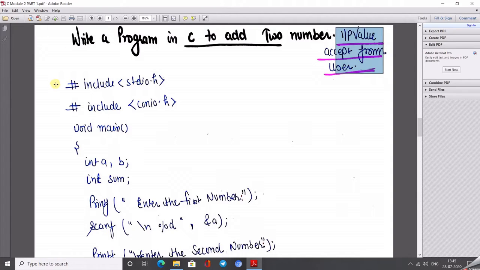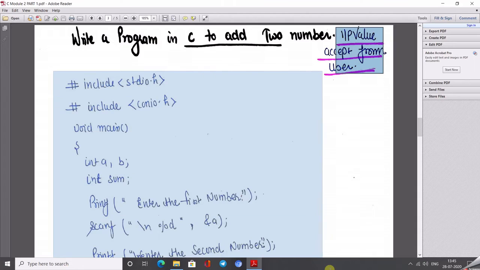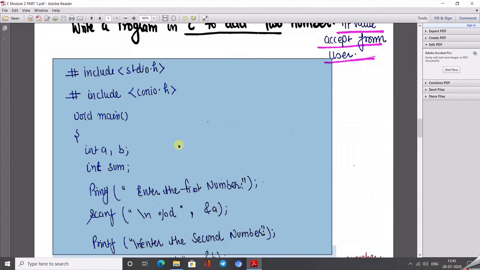Okay, so according to the syntax of the programming language, first we need to include our header files, standard input output and console input output. After that we define our main function, where we take two variables, A and B, which are basically used to take the values from the user and store them.